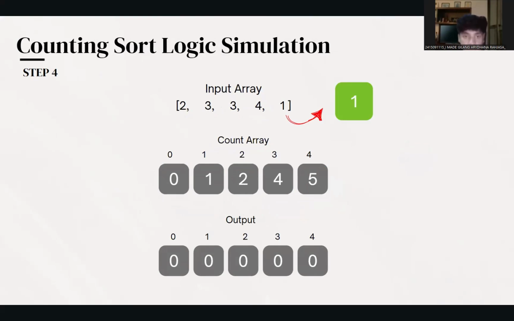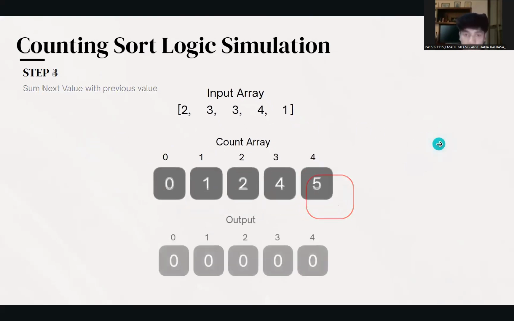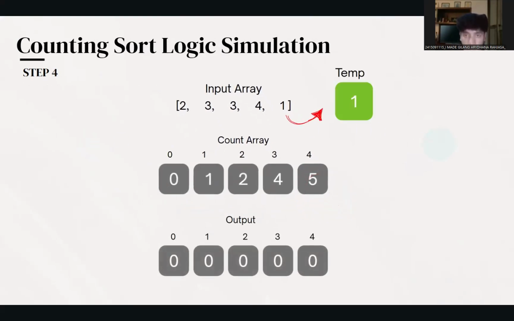Step 4. So the difference with ascending and descending, in step 4, we must make a temporary variable, and we put the right number in the input array into the temporary variable. So in this case, we put number 1 in the temporary variable, and the value of the temporary variable is used to search the index in the count array.